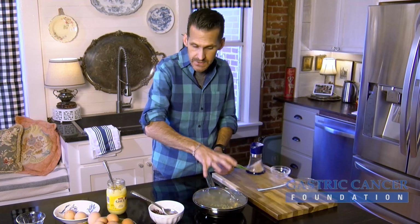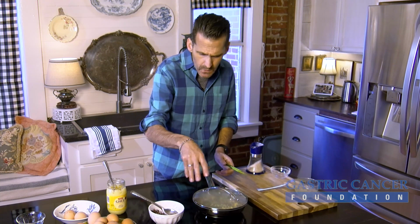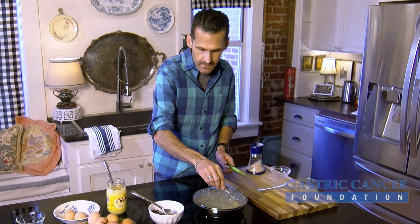They're trying to get it 100% done on one side, and then they're struggling to flip it. But this allows for the steam to stay in here, and so I'm steaming the top of whatever you're making, an omelet or a frittata, or even if it's just scrambled eggs. The steam is going to allow that egg to set. So this now becomes almost like an oven or a Dutch oven, and I'm capturing that steam,